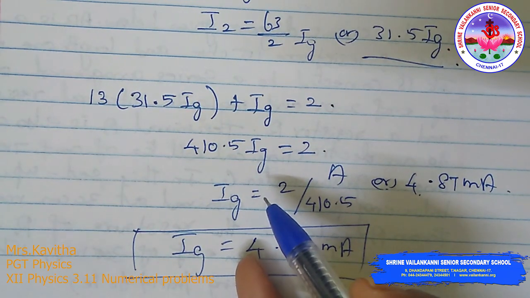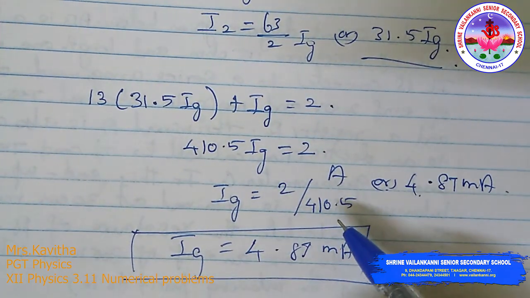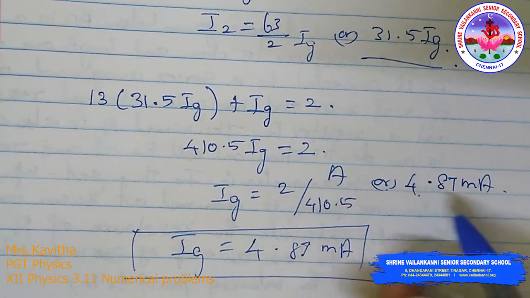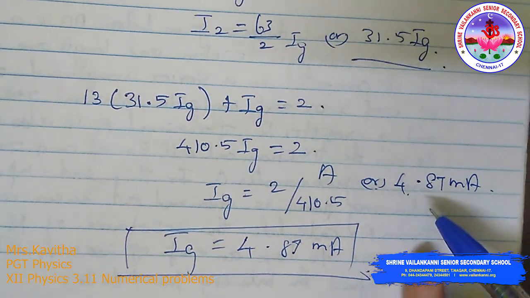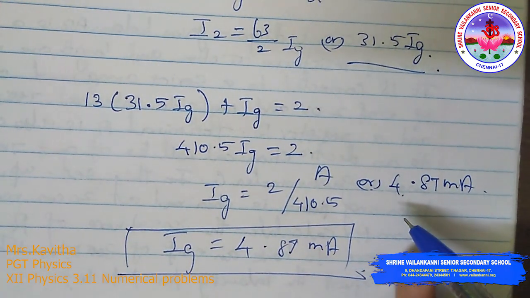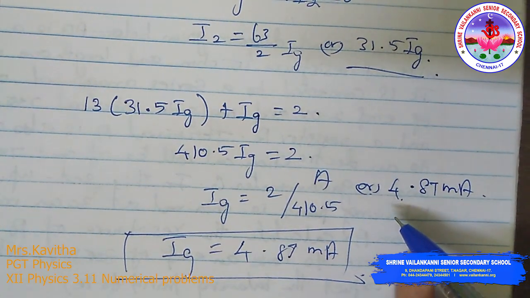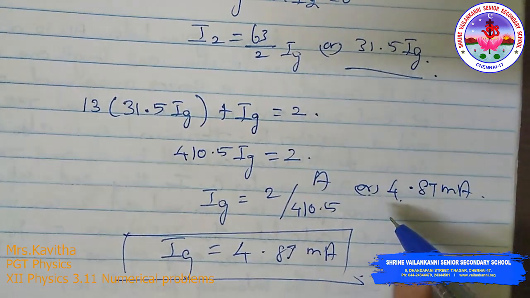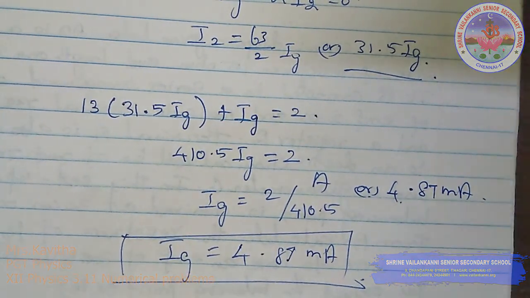This same numerical was asked this year. You have to repeatedly see the numericals in our NCERT book bank. It is very important, children. First you have to concentrate on all the book bank exercises given in our NCERT book. Then we can take all other examples. So board exam questions and the NCERT book bank, please work out repeatedly. Thank you, children.